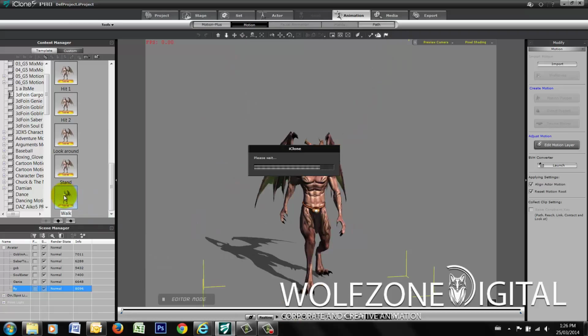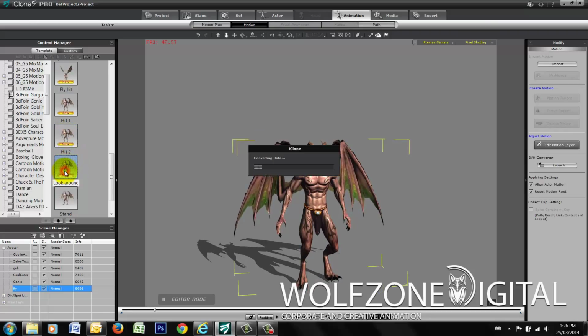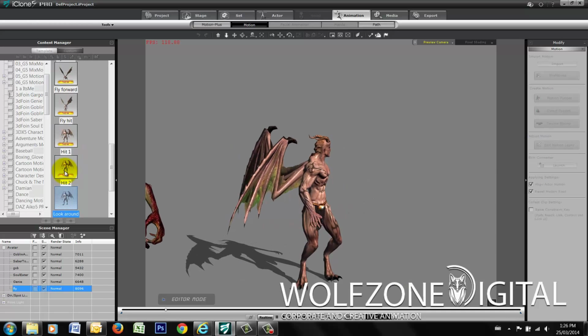So these are loopable animations. As you'll see, there's a standard walk. We've got a stand. I'm going to run through them all here for you. And a look around, just so that you can see the actual quality of...